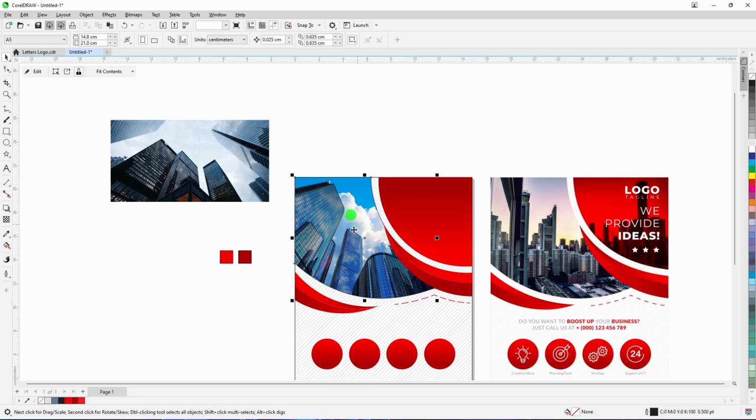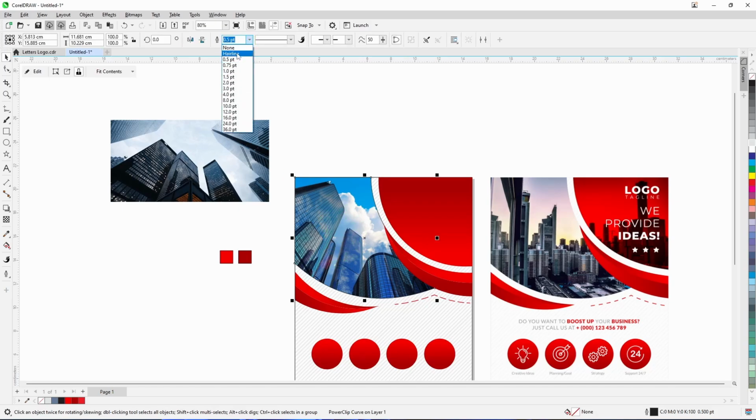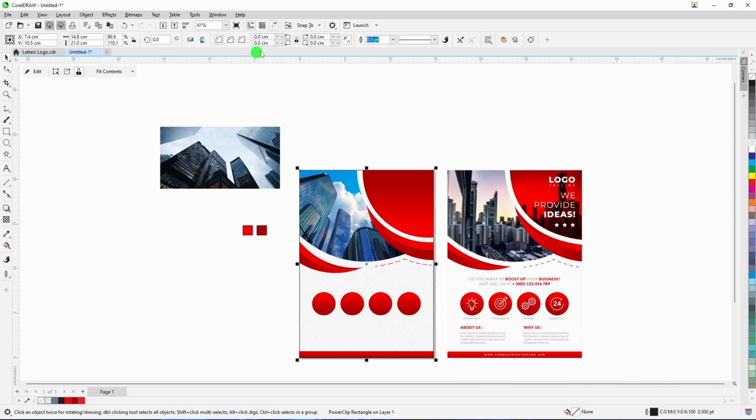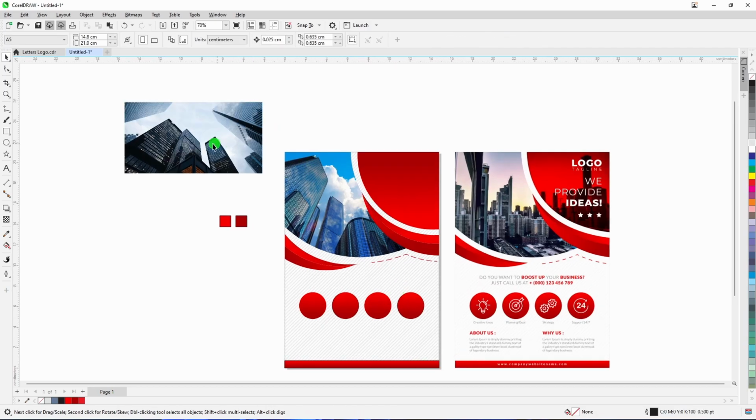So let's remove the outline. So you go here, you click none. Now with the background tool, let's remove its outline. We just click, we go to none. Okay, all right, good. Now we put this